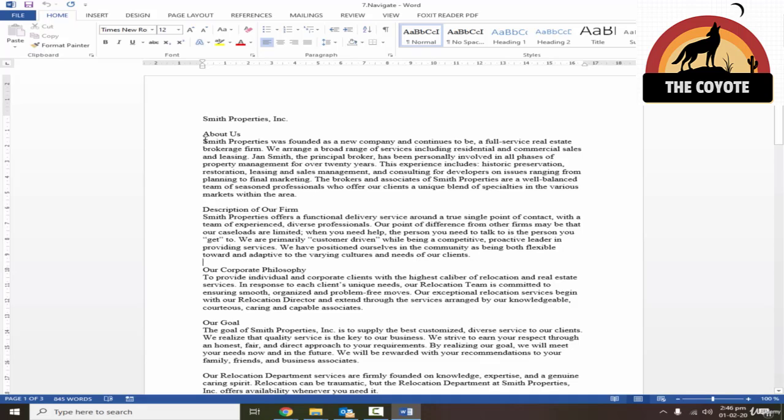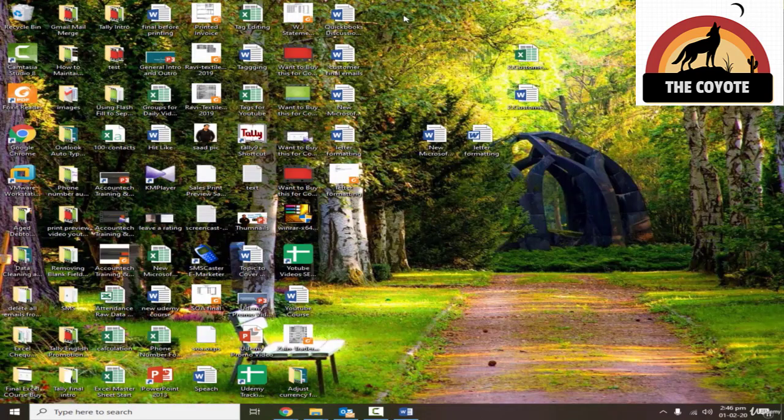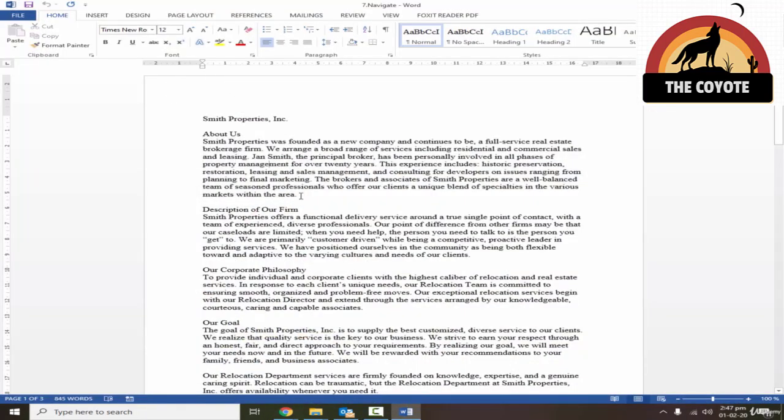For example, if I want to select this whole paragraph, I'll just go to the starting of the document, hold my left click and just start moving downwards. It is very similar to just selecting some icons. So same way you can select the paragraph. Similarly, some other common shortkeys are cut, copy, paste.